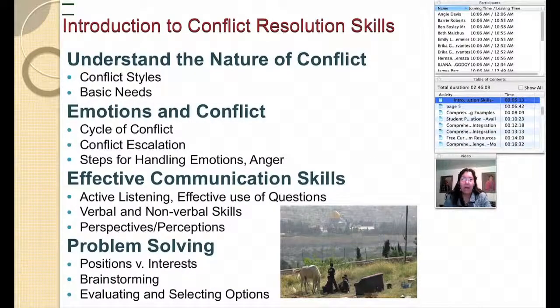When I worked for the Ohio Commission on Dispute Resolution and Conflict Management, we had a state government agency in Ohio that worked with all of our public schools. We had about 3,600 public schools and 52 teacher training colleges and universities. When we were talking about conflict resolution skills, we're talking about understanding the nature of conflict, understanding how emotions influence conflict. So that's where you have your de-escalation skills, anger management, effective communication skills, so active listening, use of questions, verbal and nonverbal skills, your perceptions, perception taking,